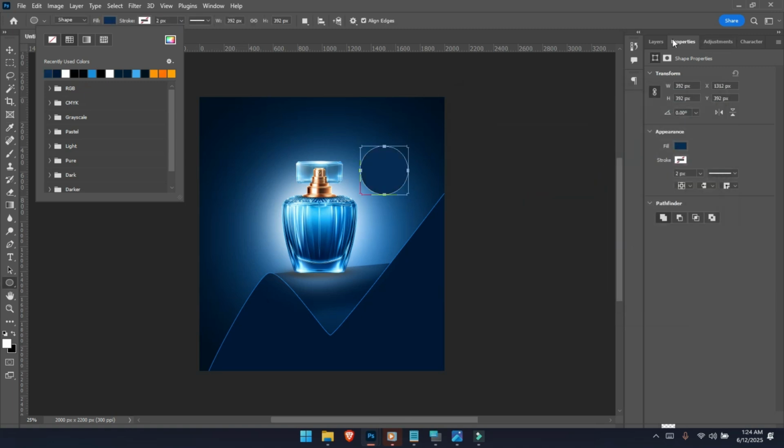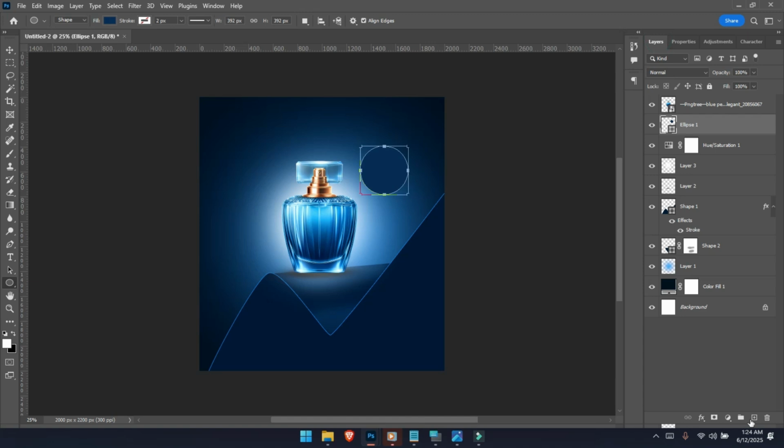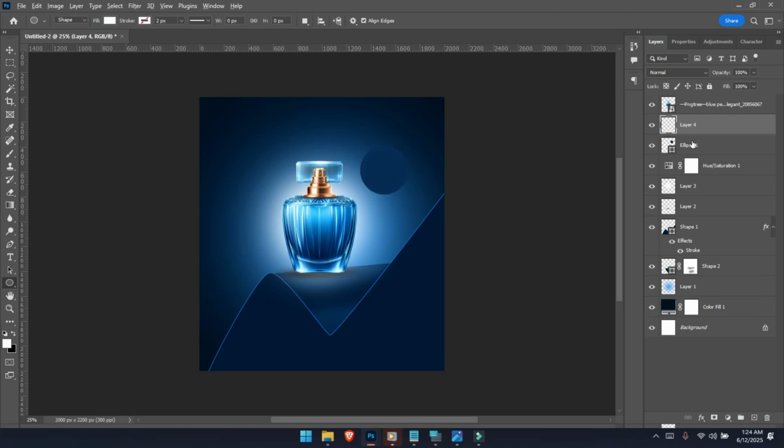Okay, this is better. So create a new layer and hold down alt and click between this layer to add